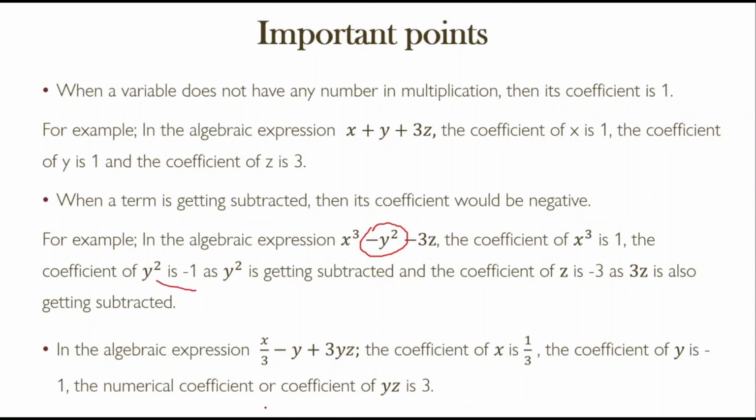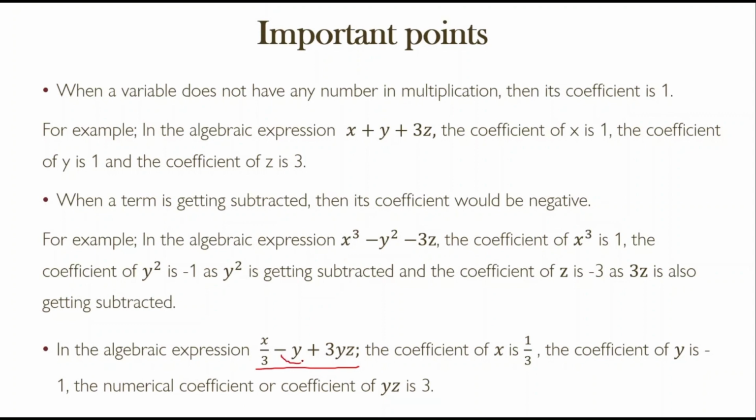But since it is getting subtracted, its coefficient would be minus 1. Similarly, 3z. Normally, if it would have been plus 3z, the coefficient of z would be 3. But here, since 3z is getting subtracted, that is why the coefficient of z is minus 3. Right? Now, let's look at the last example, the last point, which says, in the algebraic expression, x over 3